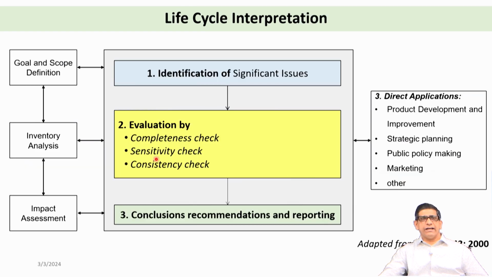So this is again what happens when you do this LCA: you get all these emissions data, goal and scope, inventory, then you identify significant issues. For example, at some places we see a much higher carbon footprint than at other places. What is the reason? Is it just because the lane width is more, or are there other causes too? Look at the sensitivity check, consistency check, completeness check, and then come up with the conclusions, recommendations and reporting on how we can reduce the carbon footprint